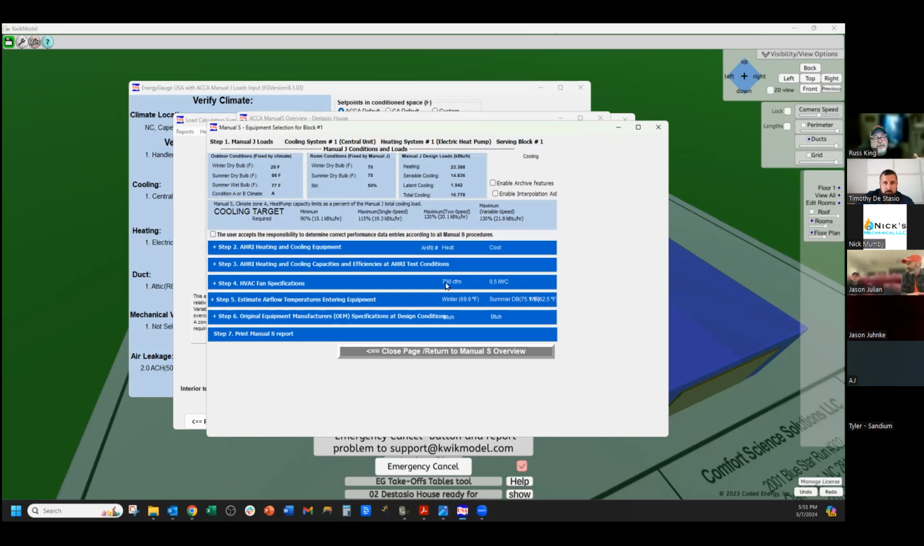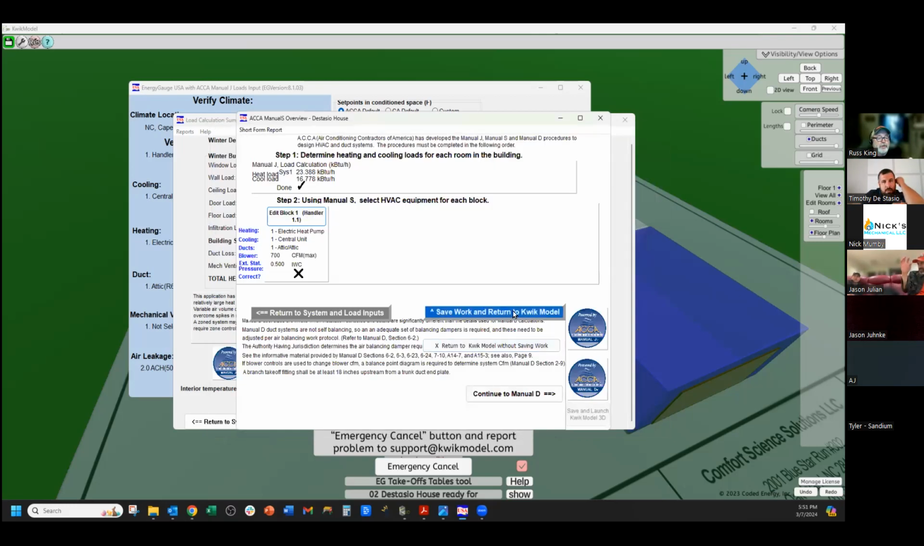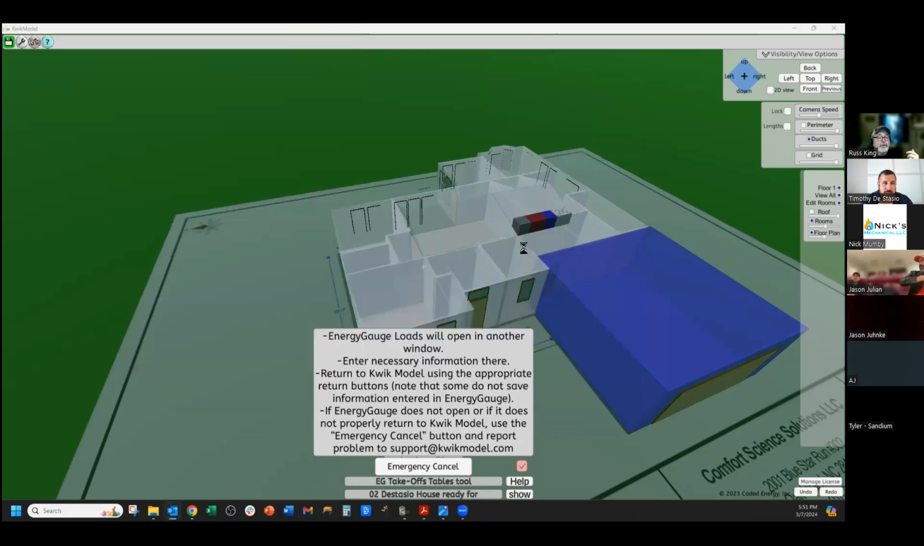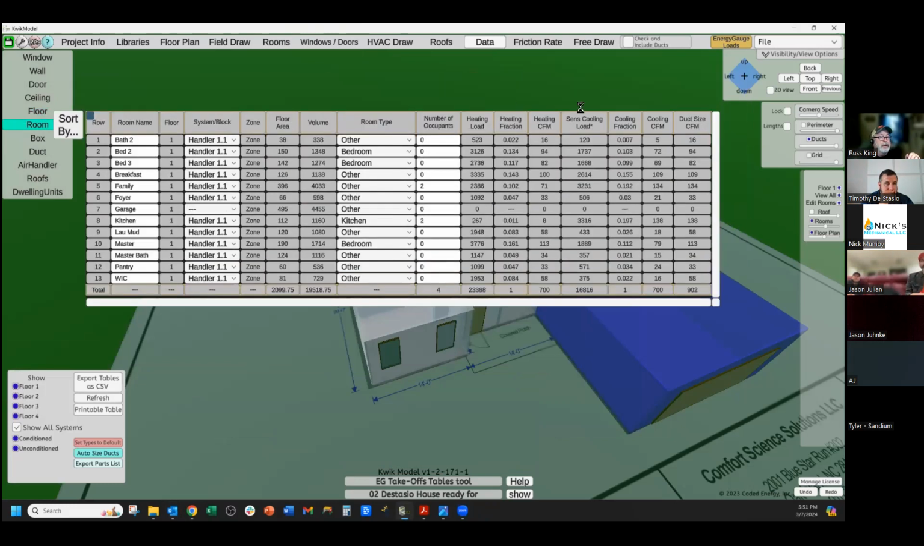But I did plug in the 600 or 700 CFM and the 0.5 inches of water column static pressure, so let me show you what's going to happen to those. I'm going to go back, save work, and return to Quick Model. When I go back to Quick Model, it's going to take all my room by room loads back with me. And if I go into the data tab and the room table, you will now see